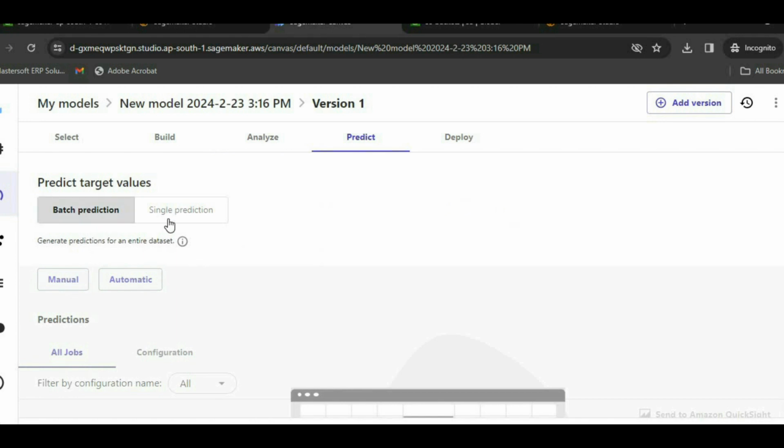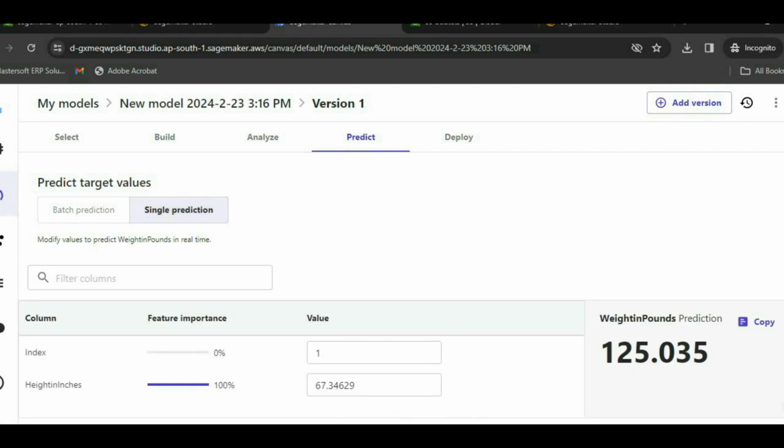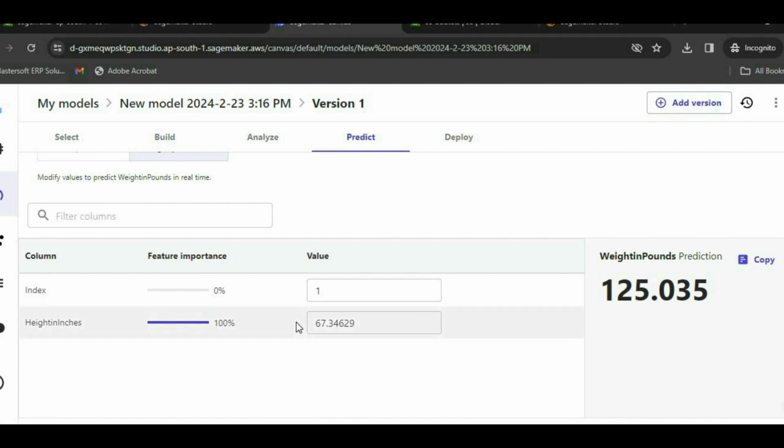So there are two options, batch prediction and single prediction. In batch prediction, we need to upload data. But currently I am interested in single prediction only. So I'll click on single prediction and I'll try to predict the value. So it is showing me height in inches. If 67 inches is height, then weight is 125.